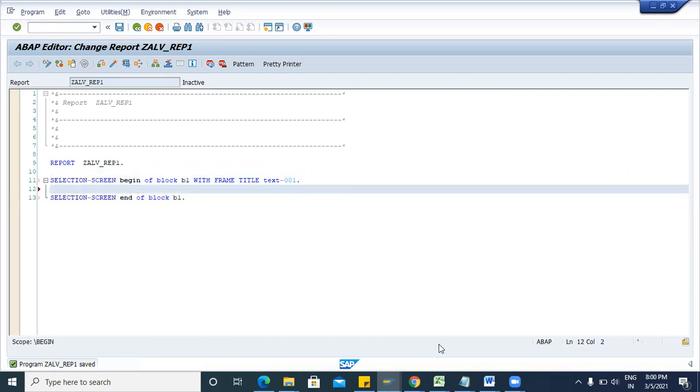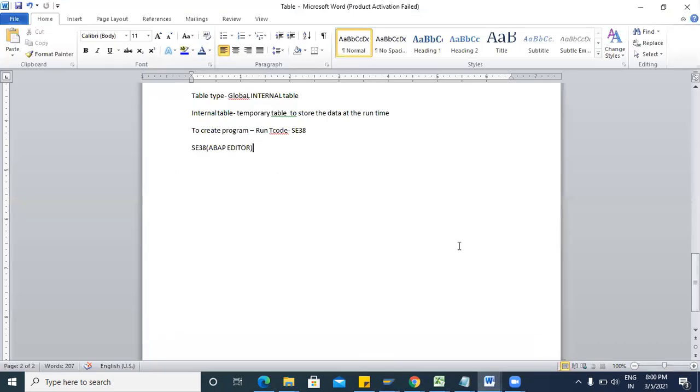Now there are two kinds of inputs on the selection screen. First you have to understand select-options.